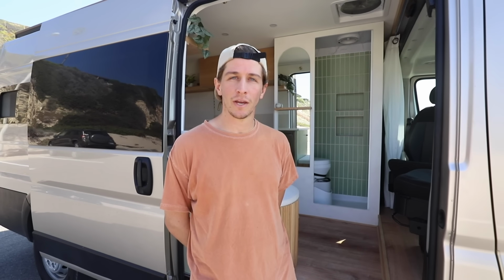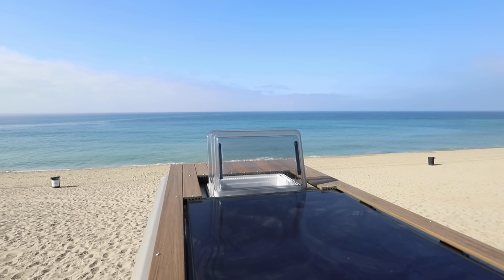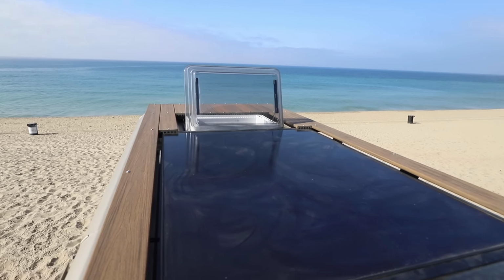Up on the roof we built a rack out of 80/20, and we were able to mount our solar panel to it. It's a single 400 watt panel by Solaria. That takes up a good amount of space up there, but it fits the roof nicely. And then we're able to also add kind of a deck around it too, so we can hang out up there and get some matcha